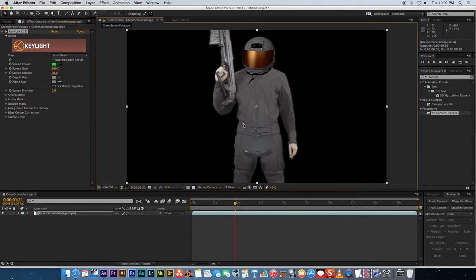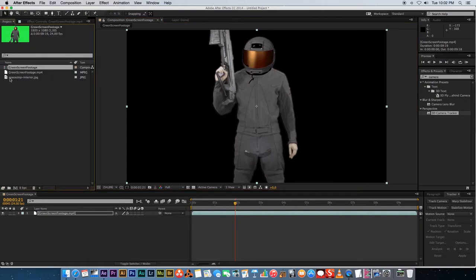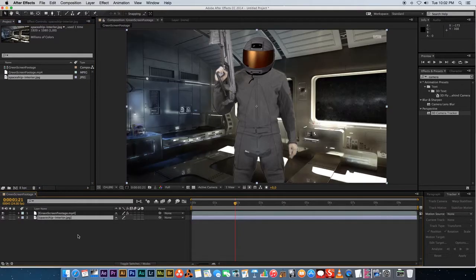Usually you need to adjust your settings, but before we adjust it, I'm going to bring in the background so we can see what we need to adjust. So let's go back to our project, and I'm going to drag the spaceship interior in and put that below our green screen footage. Then you'll see we've got a nice spaceship background. If I play through this, you can see there's a black line going around the actor